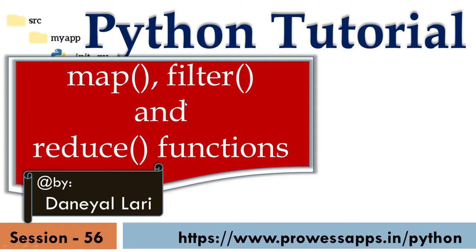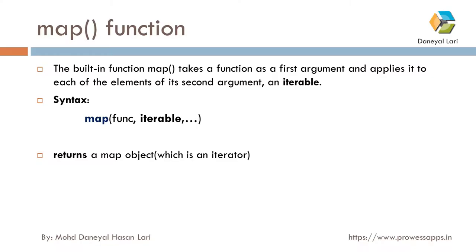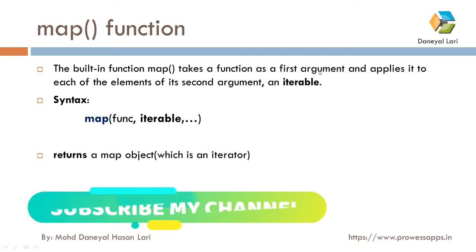If you have done the practice with those things, then these functions will be useful. These functions will give you immense use in Python applications. So first of all, understand what the map function is. Map is a built-in function and it is a higher order function. Why? The built-in function map takes a function as a first argument. As I have already explained in the previous tutorial, if any function takes a function as an argument, then that function is a higher order function.